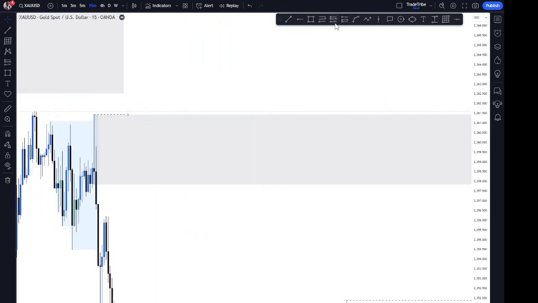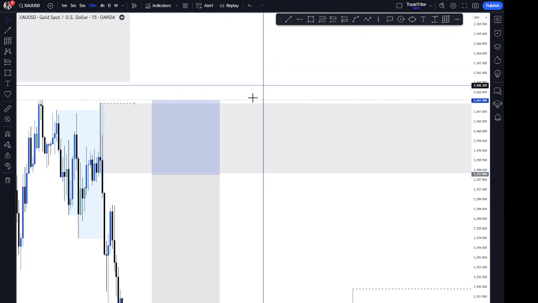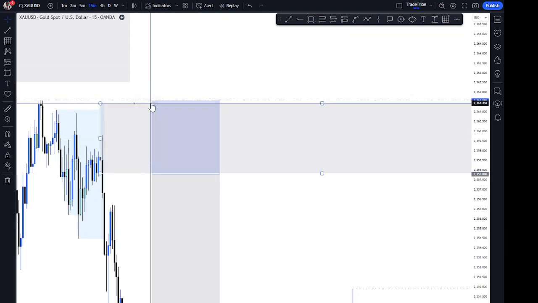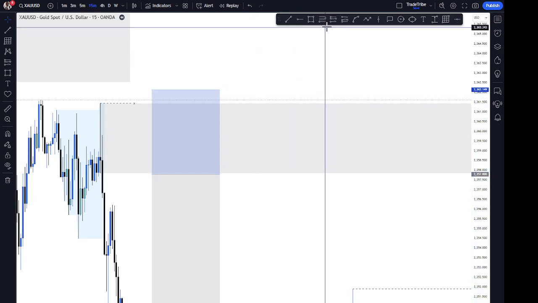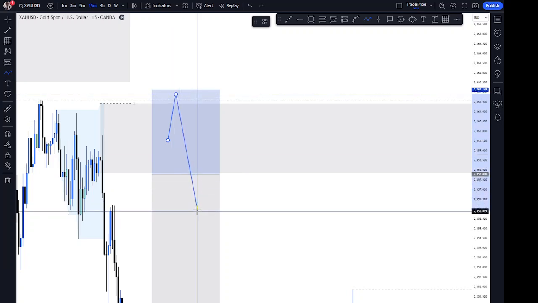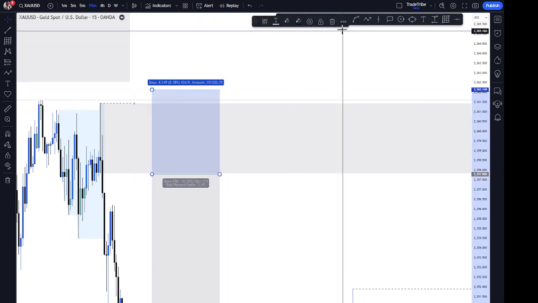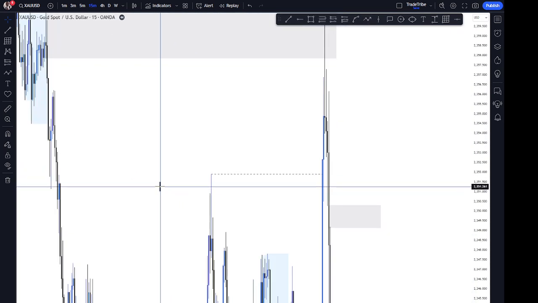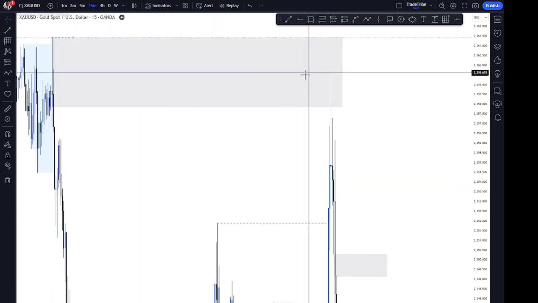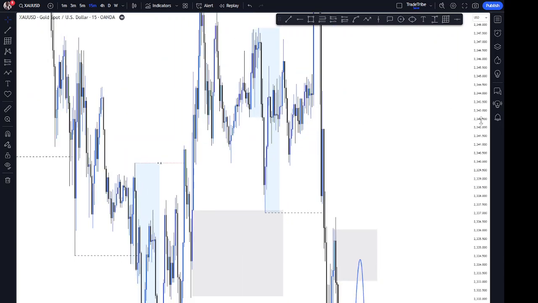So I don't expect, if at all I'm going to sell on this zone here, I would place my stop loss up there. I expect it to be a little bit bigger based on the entry model, so I can see if it gets a liquidation or whatever, then continue selling. If at all I'm going to sell on that zone, sorry. It didn't happen, there was no liquidation, so price dropped all the way down